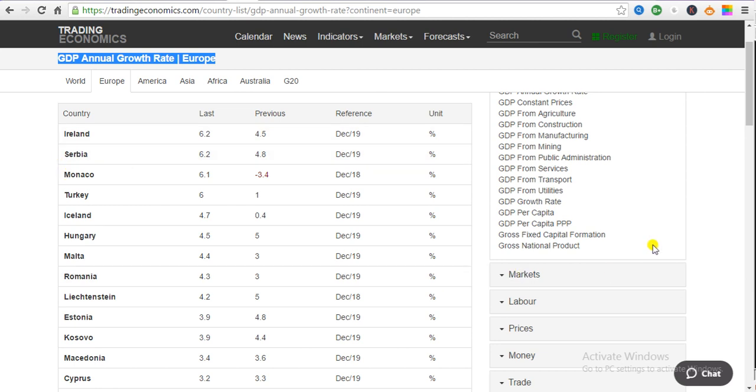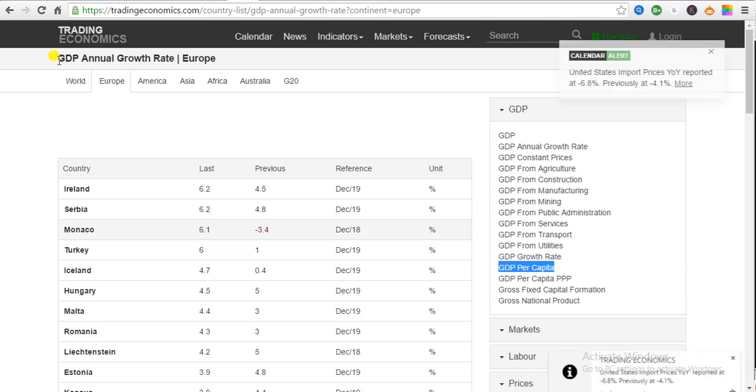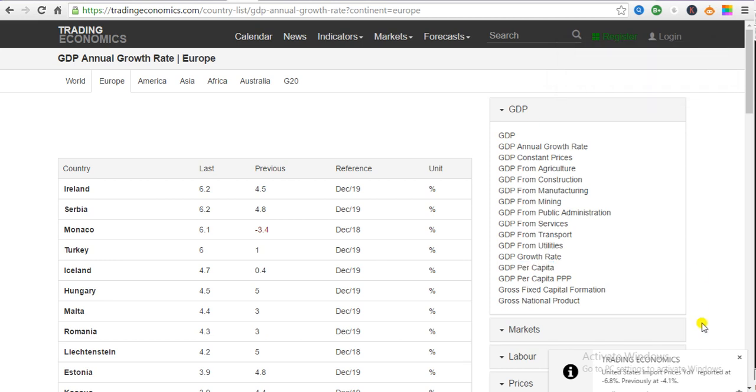Whenever it says GDP, it means it's nominal. And when it says GDP per capita, it means it's nominal GDP for each person. So this is GDP annual growth rate, which is simply